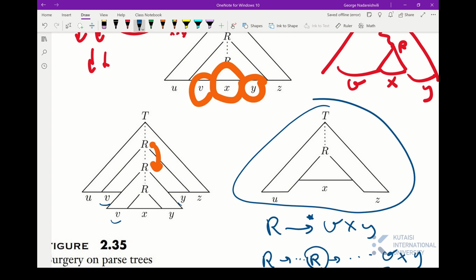So it's the same non-terminal. So all the production rules that